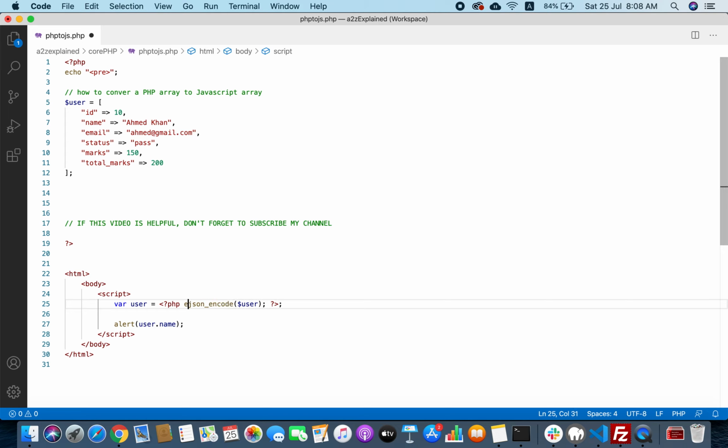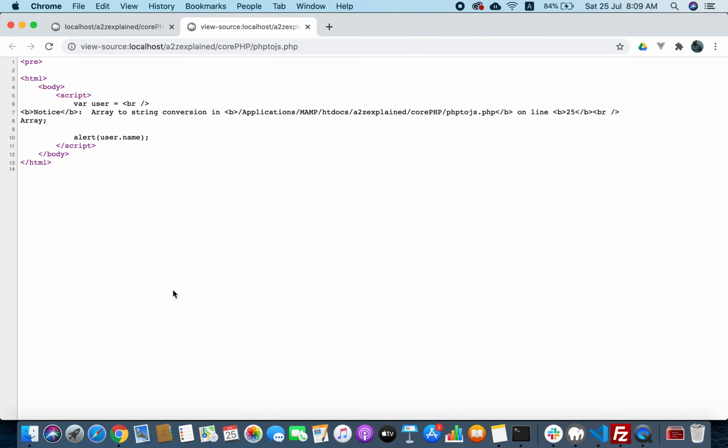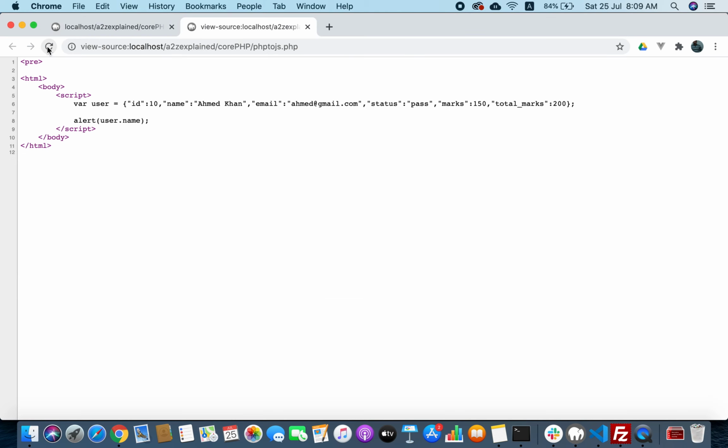So we need to echo this string, and then we again try to refresh this page.